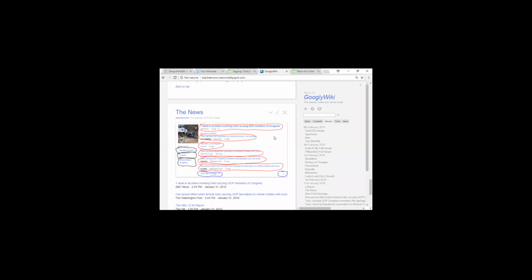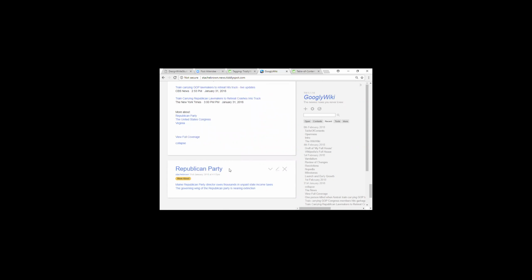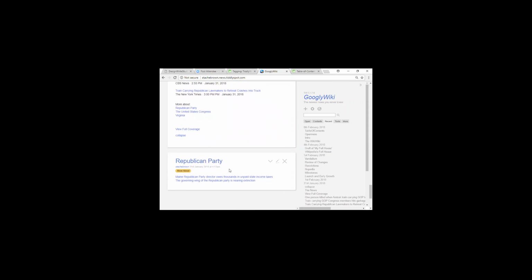Did you do anything with tags in this at all, or no? There were tags for Republican Party, United States Congress, Virginia. Click on that Republican Party, and that takes you to the tiddler called Republican Party. Let's look at the code for that.